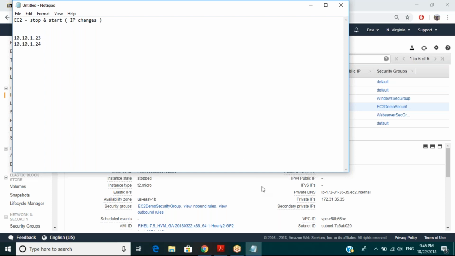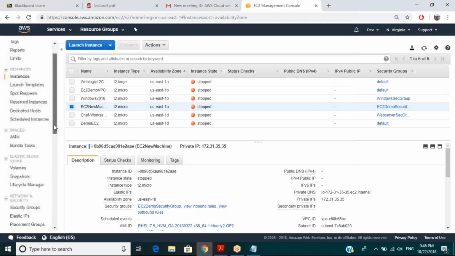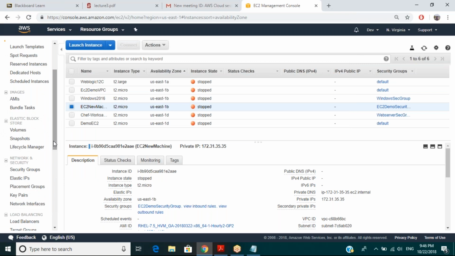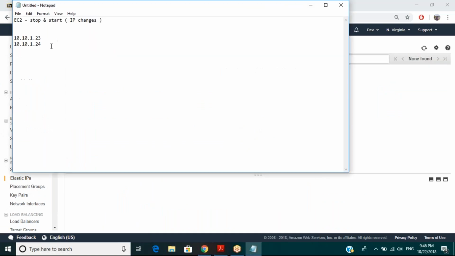Now to preserve that, we have something called Elastic IP. This is right here. So that is something we can assign to any of the EC2 instances. Now, one thing to be noted here is, let me write it down so that we remember it. EC2 Elastic IP is free, but there is a condition that it,